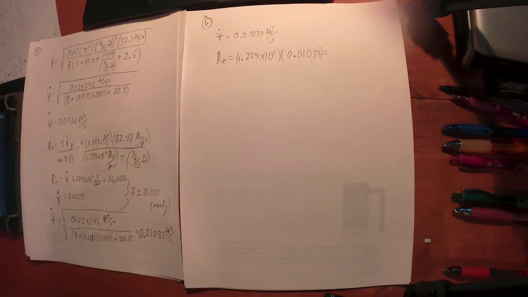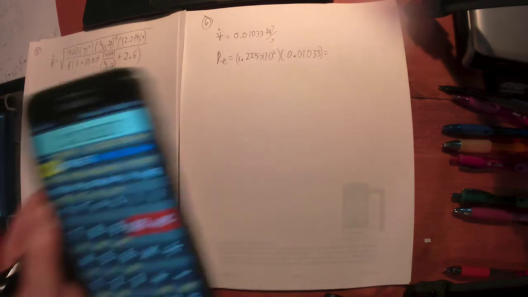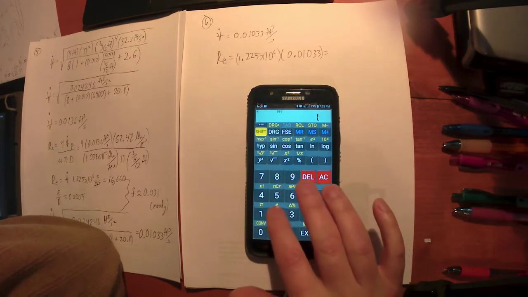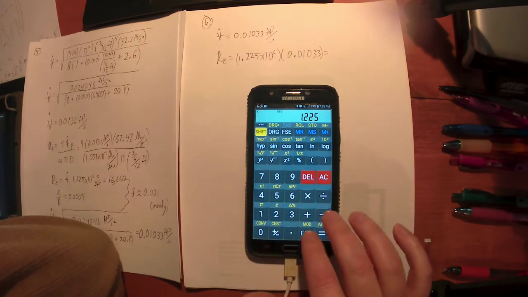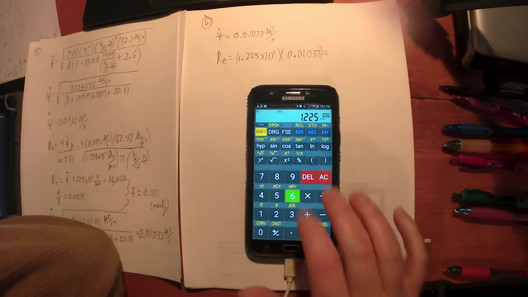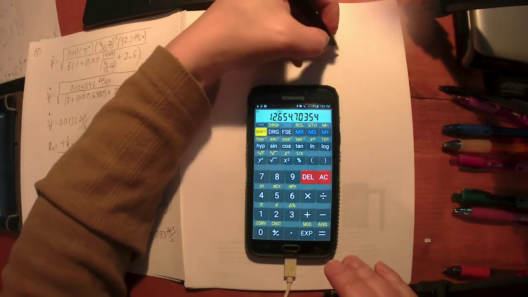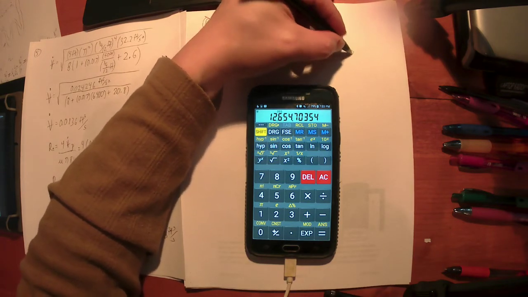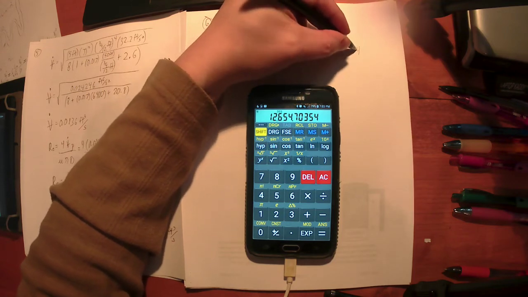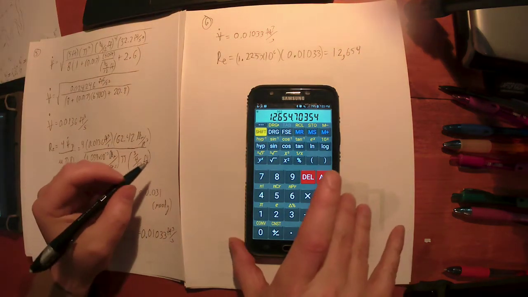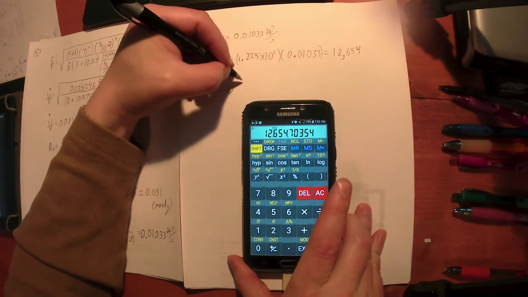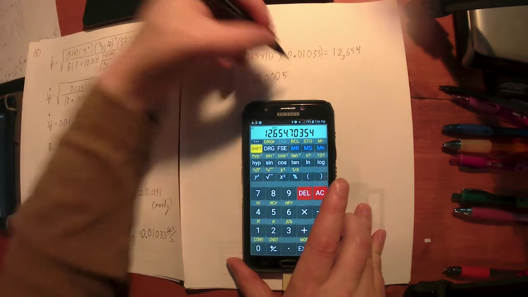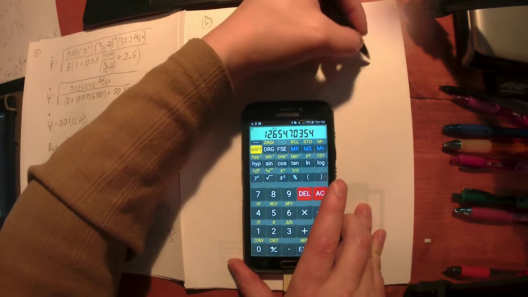We know the units work, so I'm going to drop them now. So that's going to give me my Reynolds number. Okay, I've got my v dot there, so let's just multiply that by this 1.225 times 10 to the 6. So a better guess for my Reynolds number, even lower, 12,654, so about 1.2 times 10 to the 4. So that with my epsilon over d of about 0.0005, we said, that will give me a better f value